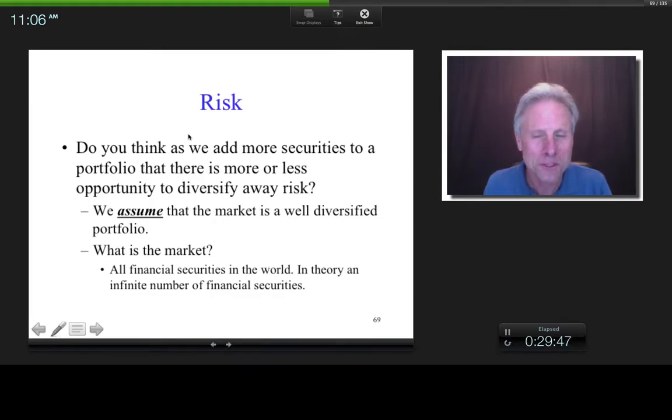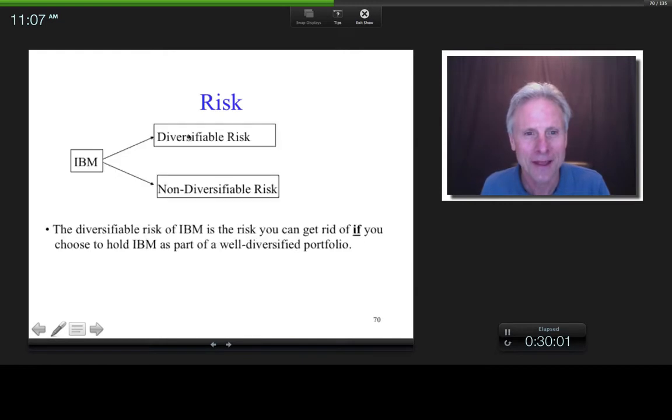And even when you add IBM to a well-diversified portfolio, is there still going to be some risk you're stuck with? There is, right? IBM's still going to have some risk. You're not going to get rid of everything. And that's what we call IBM's non-diversifiable risk. The amount of risk that IBM adds or contributes to a well-diversified portfolio